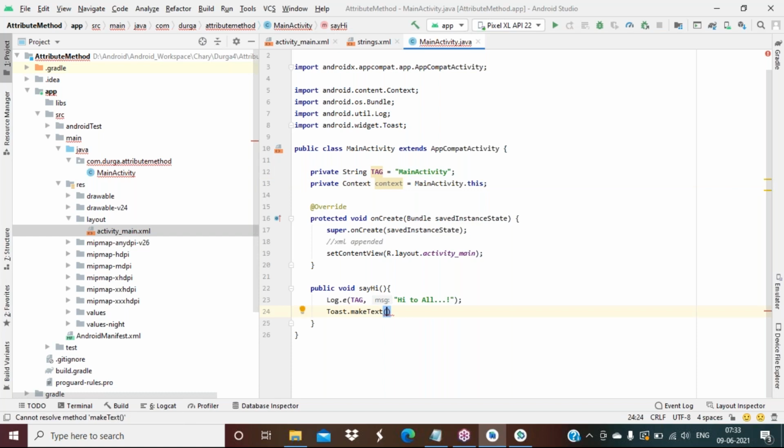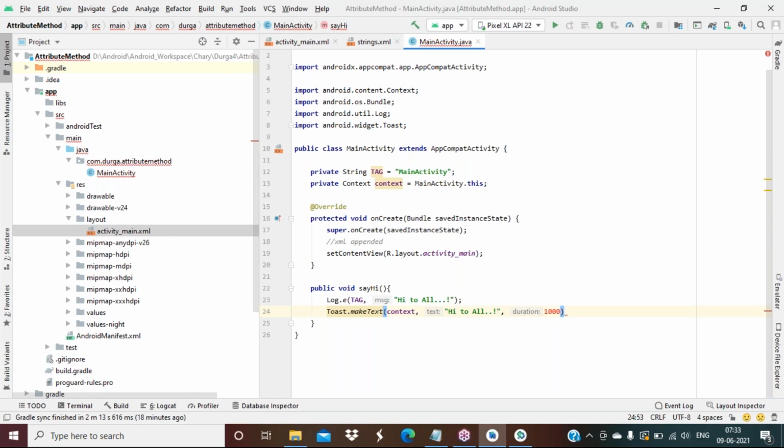Okay, so here it is asking for context, I have defined it, let it complete context. What is your message you would like to display? I would like to display the message in double quotes like this. String means double quotes. So hi to all. Next, duration. Duration in integer format. If you give thousand milliseconds, you have to give it in milliseconds. 1000 milliseconds means 1 second. Am I correct? So 1000 I have written. Okay, that means 1 second.